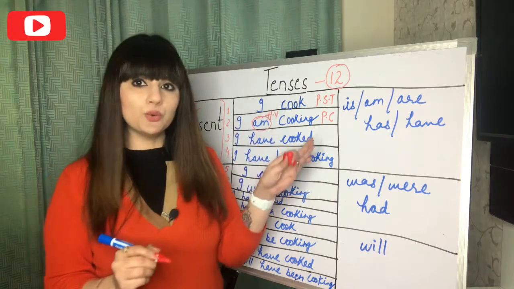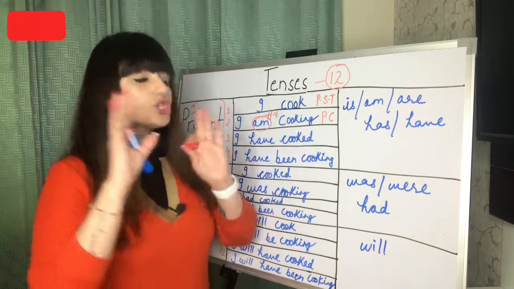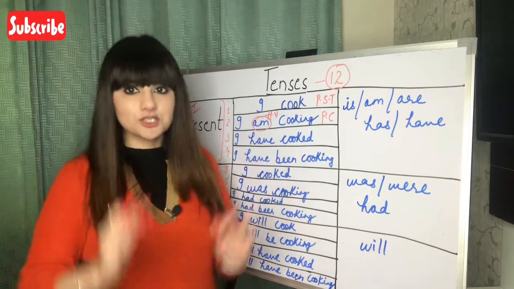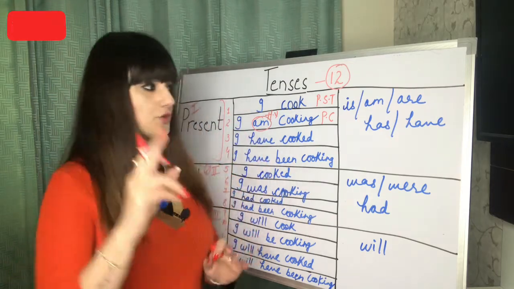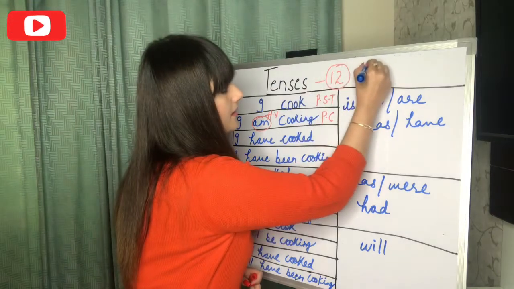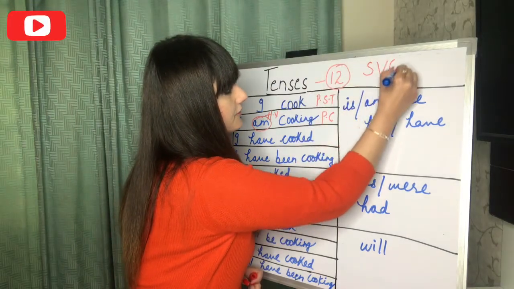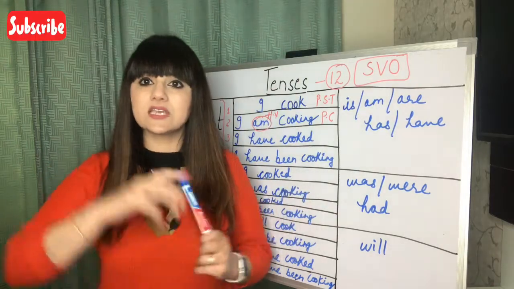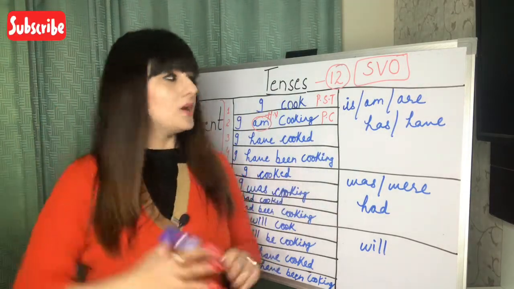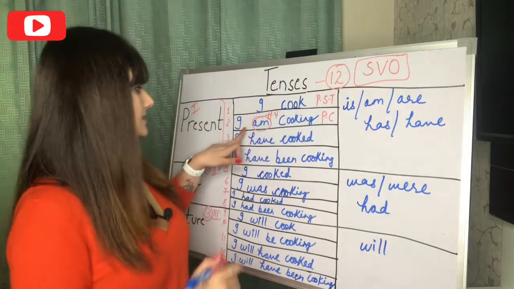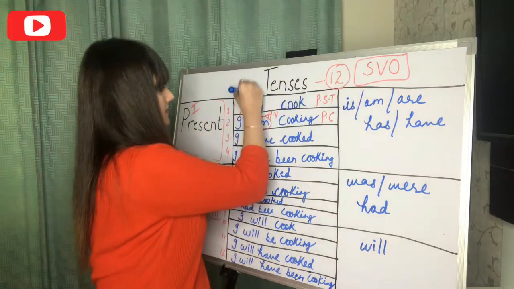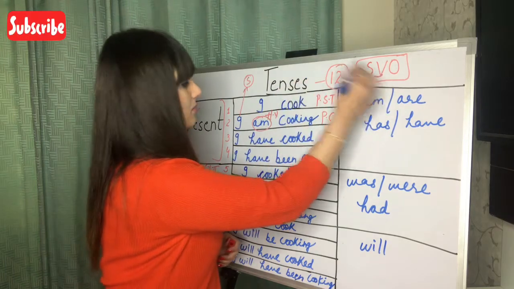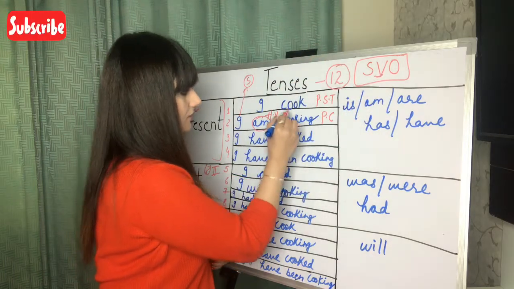I am cooking. All right. Don't worry, I'm going to tell you a rule regarding it so that it's easy for you. Just remember one thing: SVO. When we are creating a sentence structure, you have to use your subject. So this is your subject. Now I'm talking about the verb. Here I have a verb.